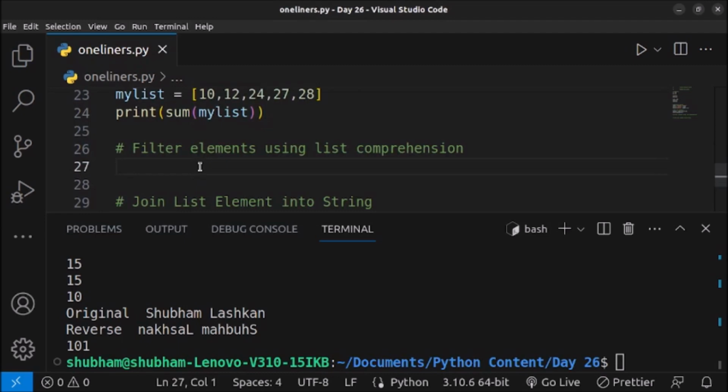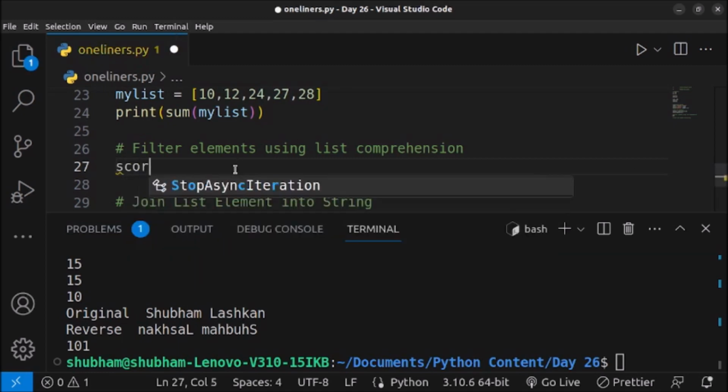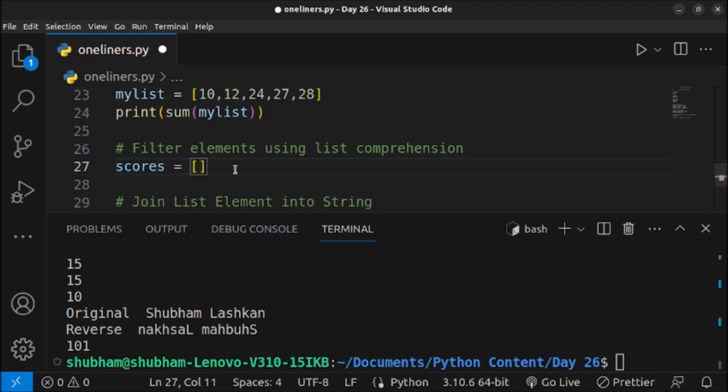So let me just show the example of filtering using list comprehension. First of all, I will create a list. So here I am having a list called scores, and I want to create a new list from it by only selecting the values more than 80. So let me create a list. So it is having some values